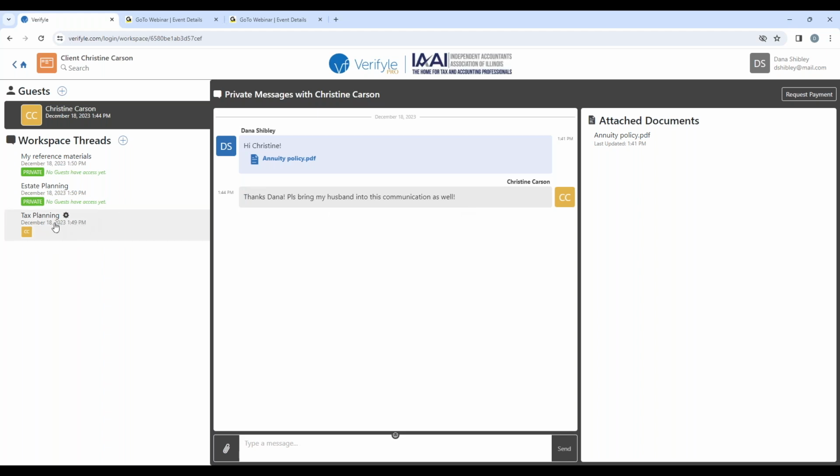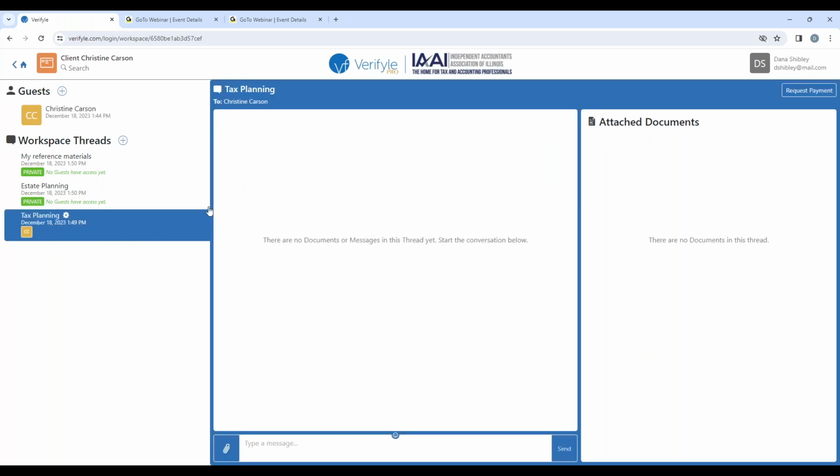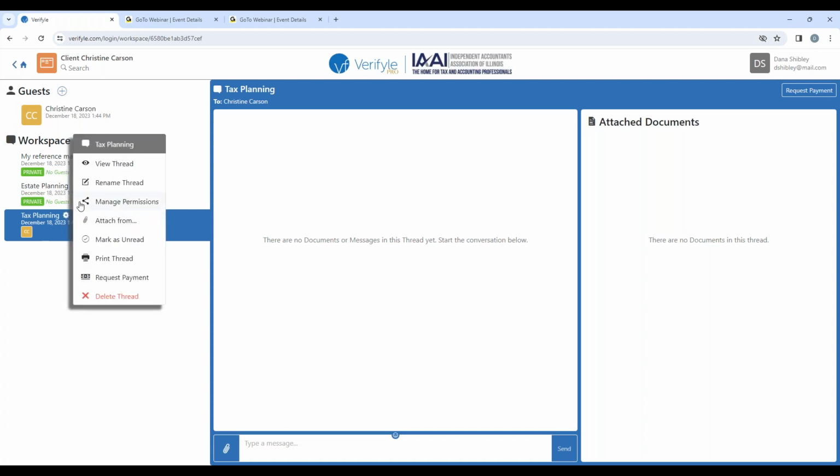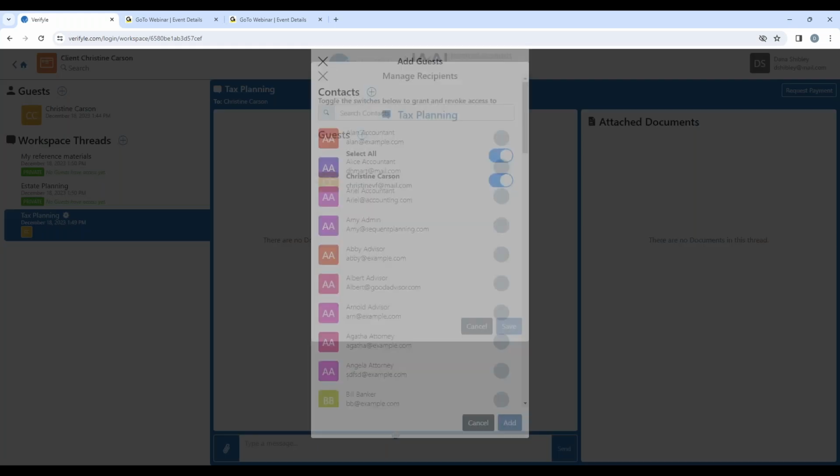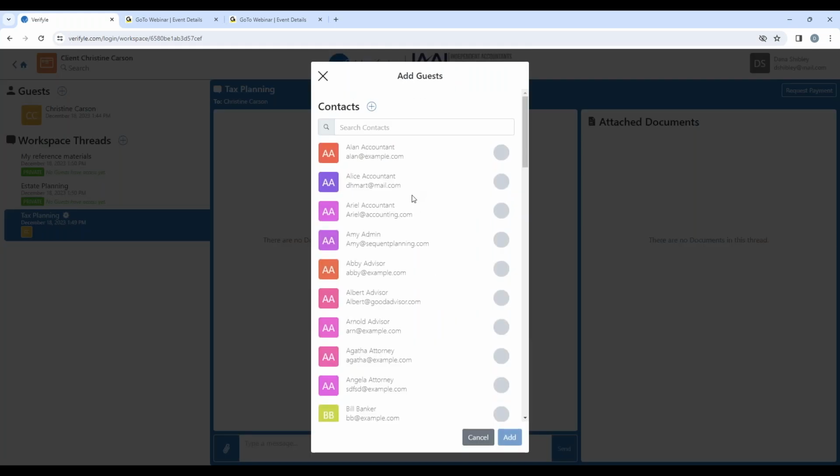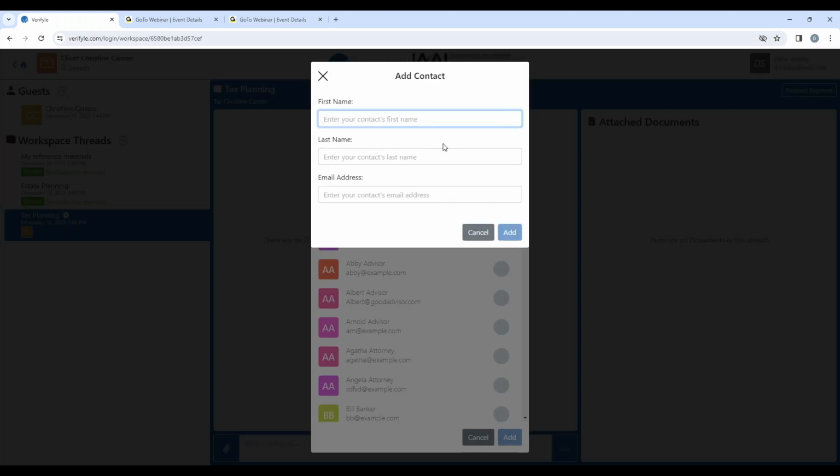So I'm going to go back and click on the tax planning workspace thread. And I'm going to bring her husband in now. So what do I do? Remember that corny little jingle? When things are unclear, go to the gear. So I come up here, click on the gear icon, click on manage permissions, and I'm going to bring her husband in. He's not going to be in my list here because I've never communicated with him before. So I click on the plus symbol and I'm going to bring in Sammy